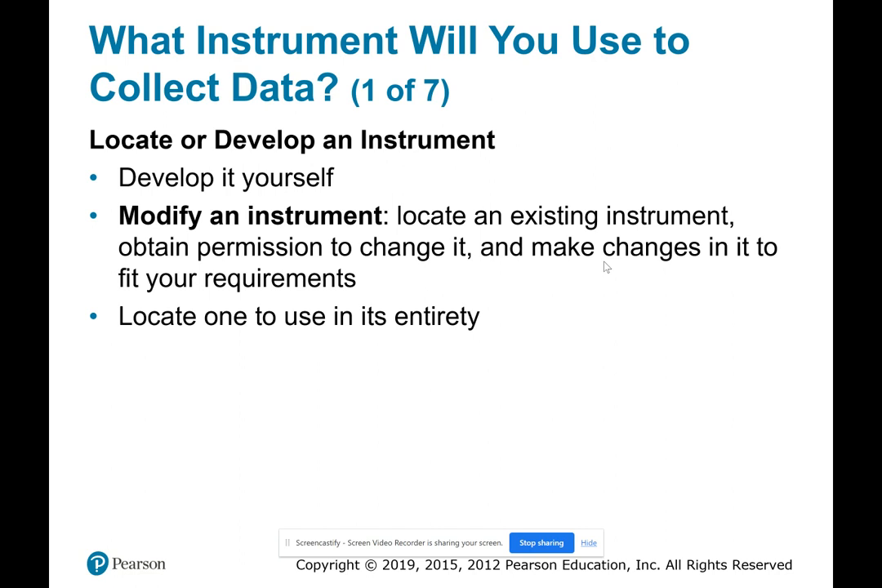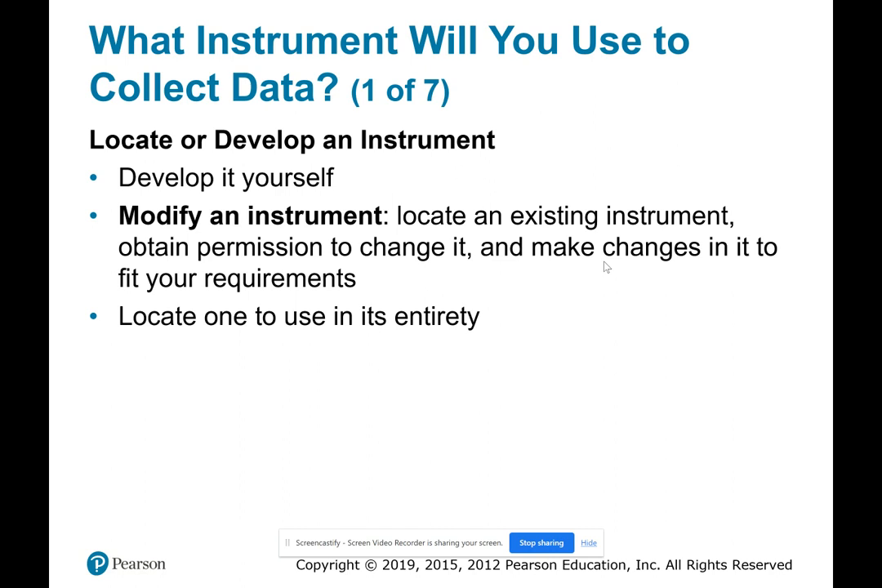Now we're going to move into the fourth step when you're collecting quantitative data. And in the fourth step, you're going to choose what instrument. When you collect your performance, attitudinal, or observational data, you're going to use an instrument to collect data. Three options exist when selecting an instrument to use. You can either create one yourself, locate one and modify it, or locate one and just use it as it